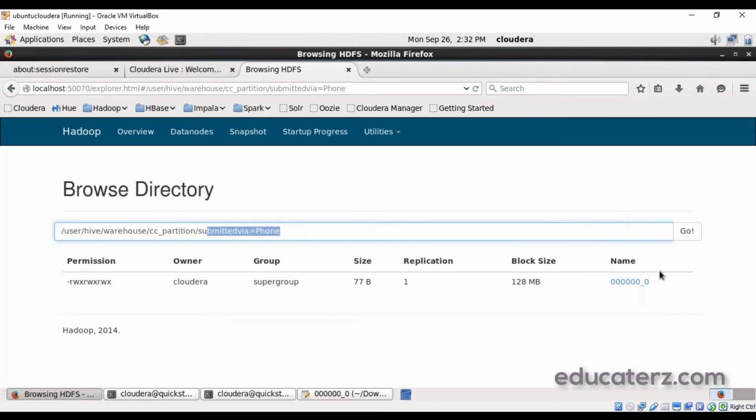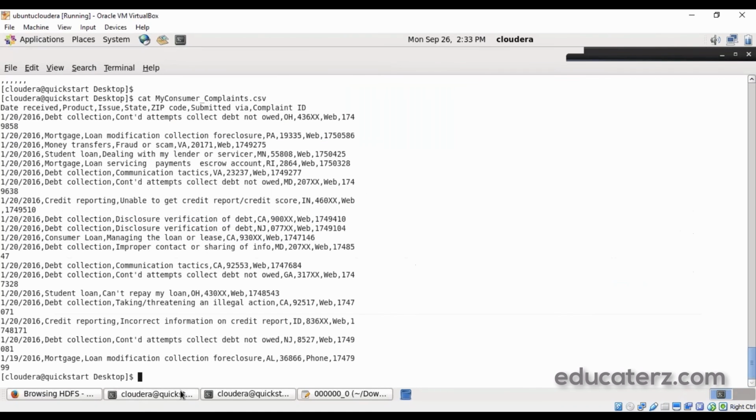Submitted via equal to phone, submitted via equal to web, and suppose someone added a new record via submitted via equal to fax, you can see another partition, submitted via equal to fax, also. This is what a dynamic partition does. Automatically it creates the partitions. And the advantage over here is nothing but,